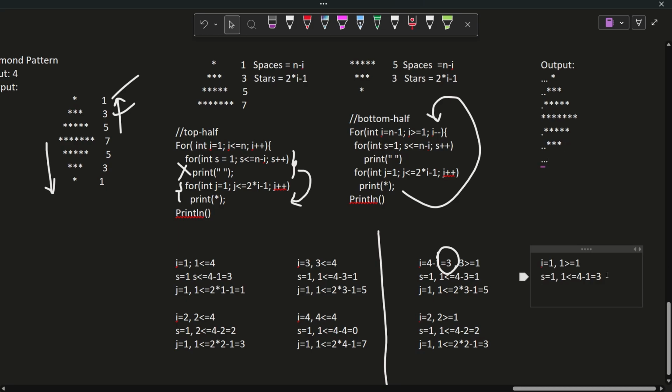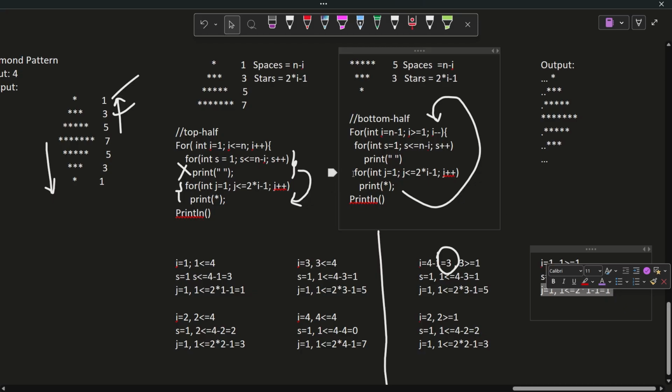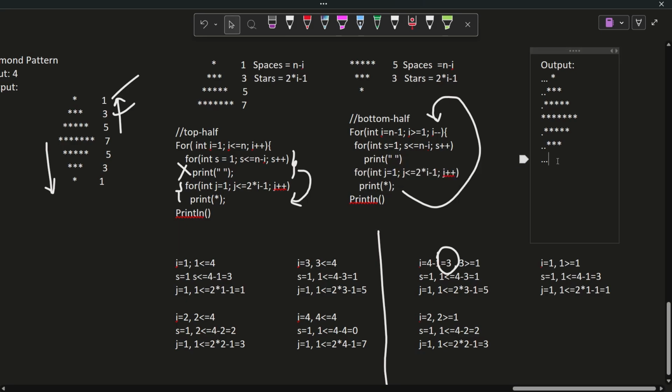Next, when s is 4, the condition becomes false and it will enter the star loop, that is the j loop. So when j is 1, 1 less than or equal to 2 multiplied by row minus 1. What is the row we have? 1, so 1 minus 1 is 1, right? So this j loop will print a star 1 time since the condition is 1 less than or equal to 1, right? So it will print a star 1 time,